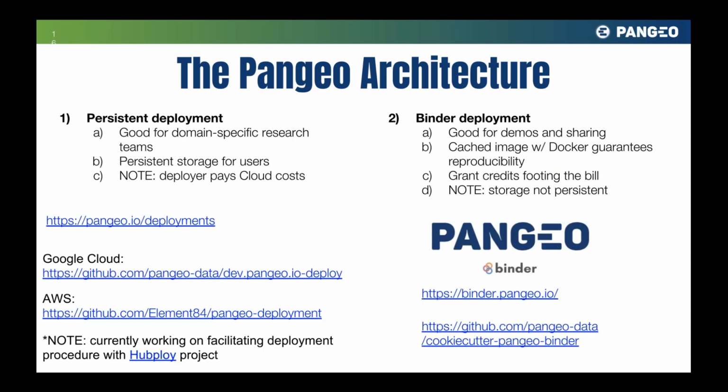So there are two ways to launch this architecture. There are persistent deployments specified on the left. So that link that we had up before to the ESIP prototype on AWS, as we mentioned again, that is a whitelist access deployment. It's designed to be permanent. This sort of deployment is good for a domain-specific research team. So if you want to set up your own system just for a research team, you can go about it that way. And whoever's deploying that system pays all the associated computing costs. There's also a very convenient tool that